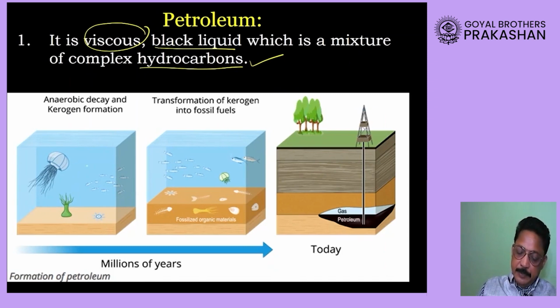Now, dear student, look here. Petroleum is generally found in the depth of the sea below the rocks. Scientists believe that plants, animals, as well as microorganisms get buried under the earth's surface, and their bodies also turn into